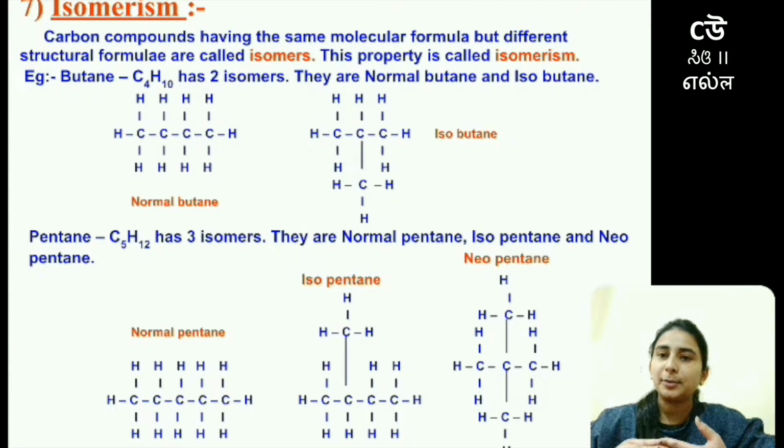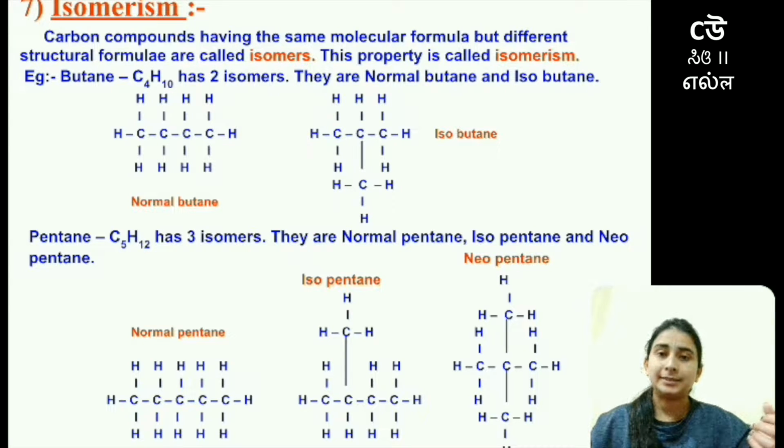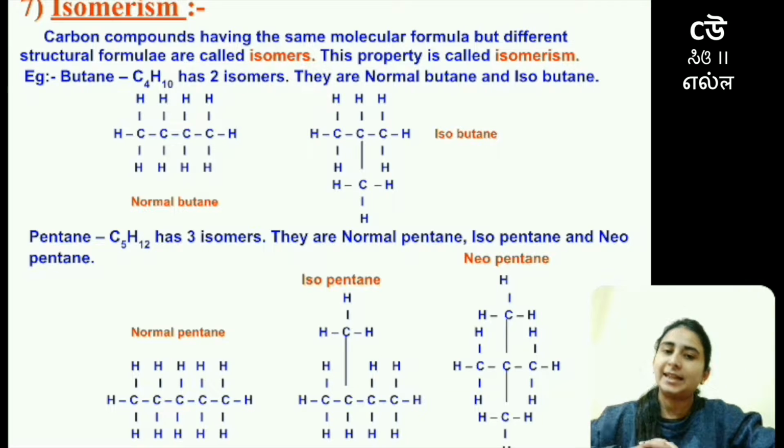उसका chemical formula होगा C4H10 and based on that they say that it has two isomers. कौन से? One is normal butane and other one is isobutane. So normal butane means whenever you will represent carbon atoms in a form of long chain. So this long chain of carbon atom that has just 4 carbon and 10 hydrogen atom would be called as